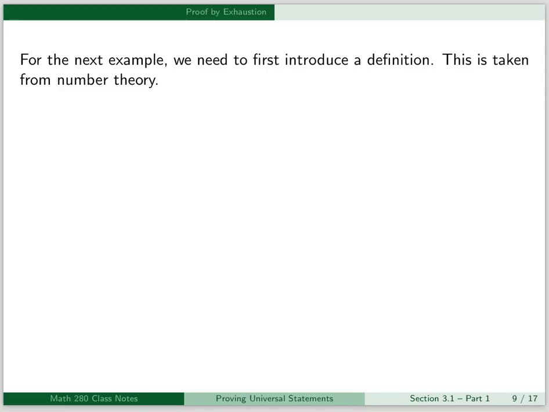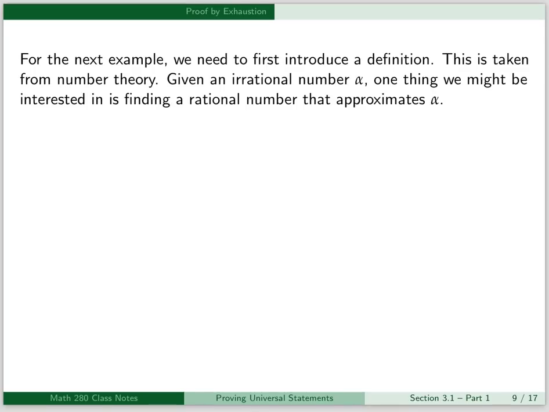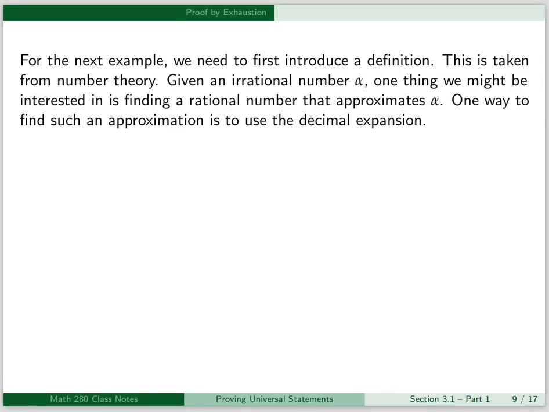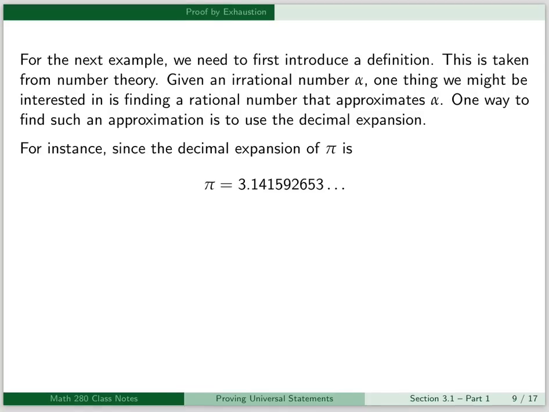For the next example, we need to first introduce a definition. This is taken from number theory. Given an irrational number alpha, one thing we might be interested in is finding a rational number that approximates alpha. One way to find such an approximation is to use the decimal expansion. For instance, since the decimal expansion of pi is